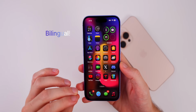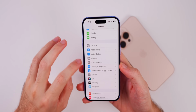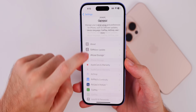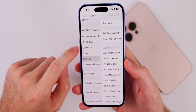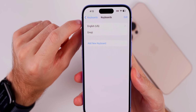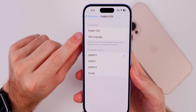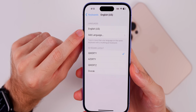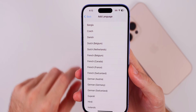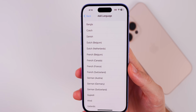Now this next tip is going to be really important for those who speak more than one language. So if you go into your settings here and then go into general and then down to keyboard, and then into keyboards up top right here, you want to go to your main language, which for me, it's English US. If you go into that, you'll see that we have a new option here for add language. So if you go into that, you want to select the other language that you speak, because finally we have